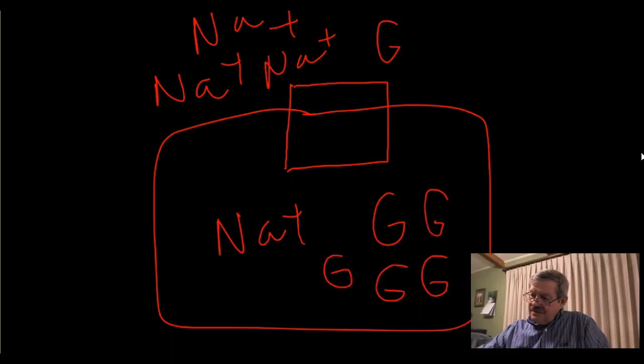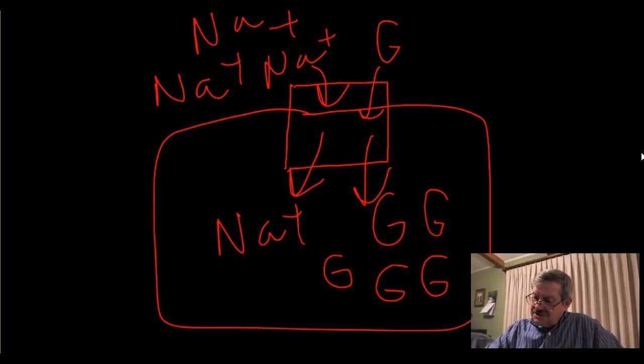So, what will happen is the sodium will move through. The sodium is essentially going downhill. It's going along its concentration gradient, and glucose just kind of hitches a ride with this, even though the glucose is going against its diffusion gradient here. And that process is called co-transport. Now,